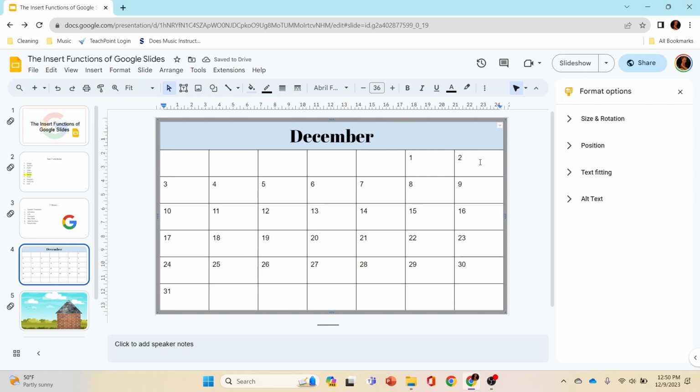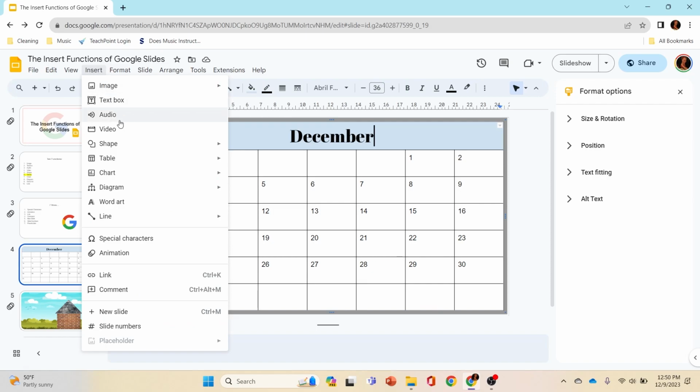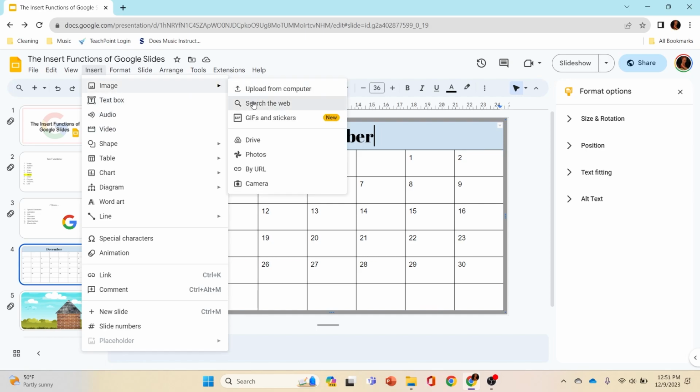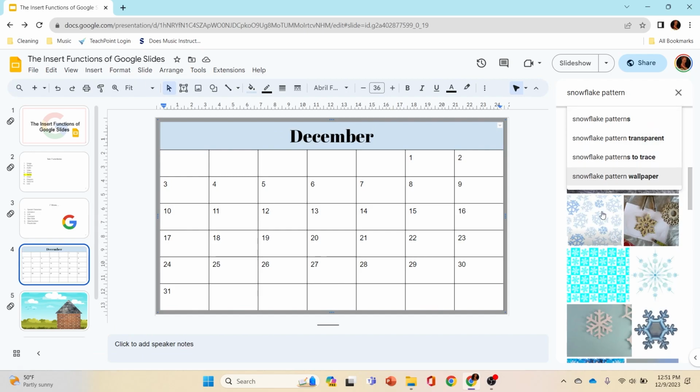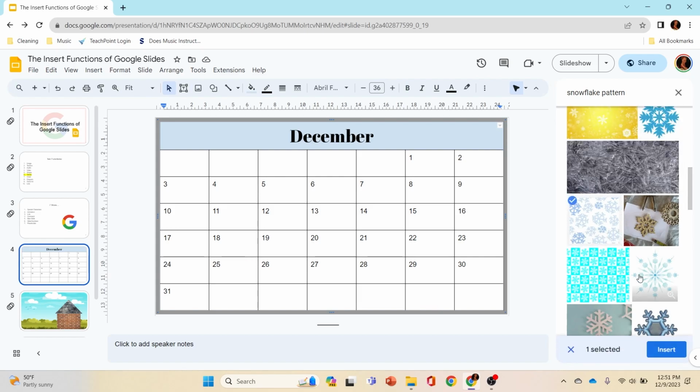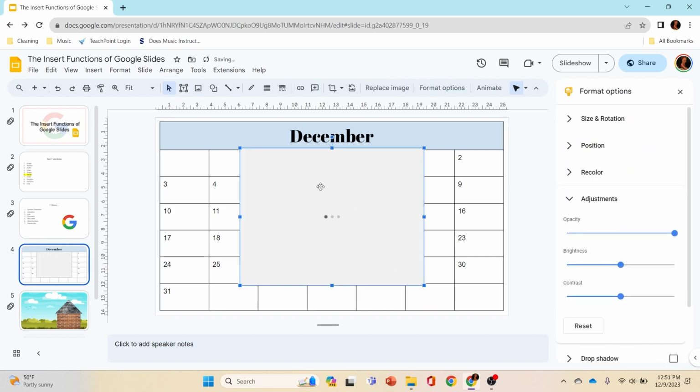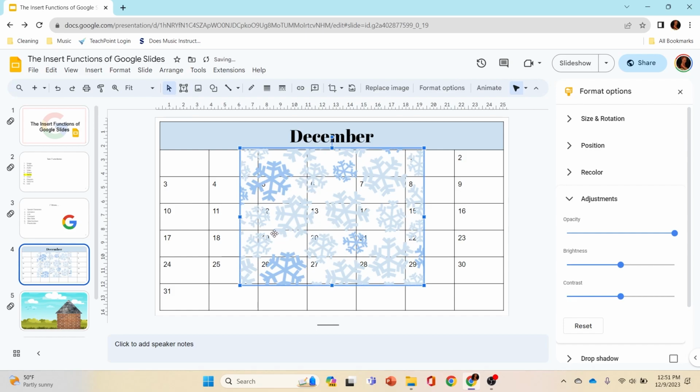Then maybe I want to give the calendar slightly more personality. Let's insert a picture, and we're going to use it for the background. So let's go to image, search the web. I put in snowflake pattern, and then I'm going to click on these snowflakes. Okay, now it gives me this